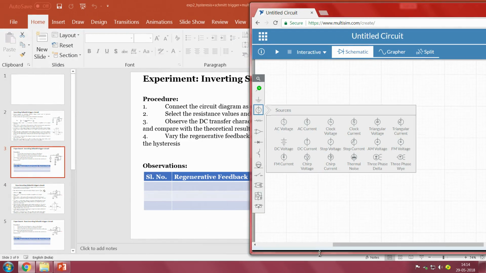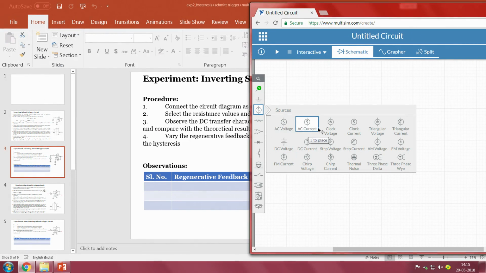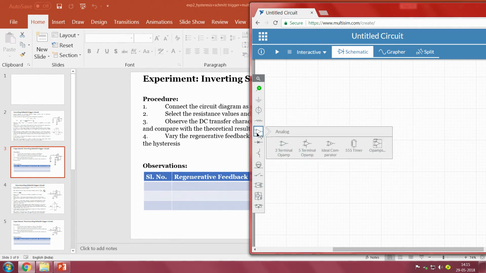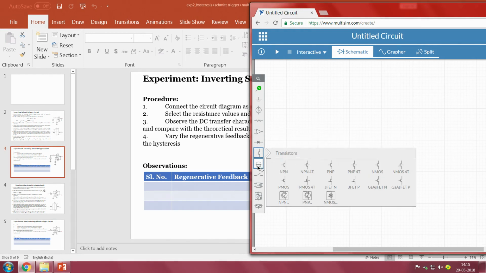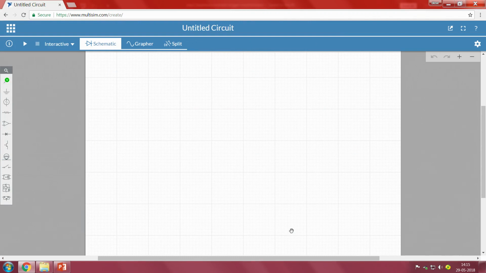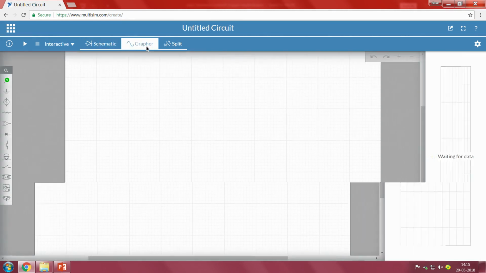different types of voltage sources we can see here, and resistors in case you want to replace resistors, capacitors, inductors, potentiometers, fuses, everything, and operational amplifiers: 3 op amp base, 5 op amp base, and the normal 741 3 to 4 op amps, basic op amps, diodes, transistors and indicators, everything. So, whichever we require, we can place it on the circuit board, we can connect the circuit whatever we have seen before connecting it on a breadboard, and we can visualize the response of the circuit using the grapher.